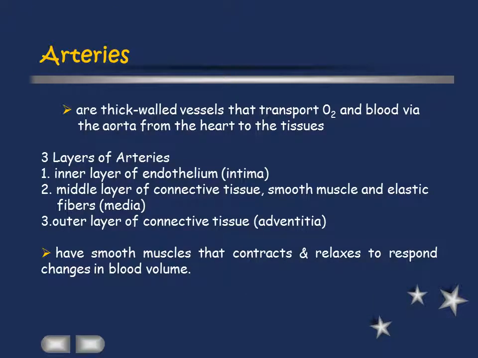Now we start. Arteries are thick-walled vessels that transport oxygenated blood via the aorta from the heart to the tissues. The three layers of arteries include the inner layer of endothelium, that is intima, then the middle layer of connective tissue, smooth muscle and elastic fibers, that is media, then the third one is the outer layer of connective tissue, called adventitia, which has smooth muscles that contract and relax to respond to changes in blood